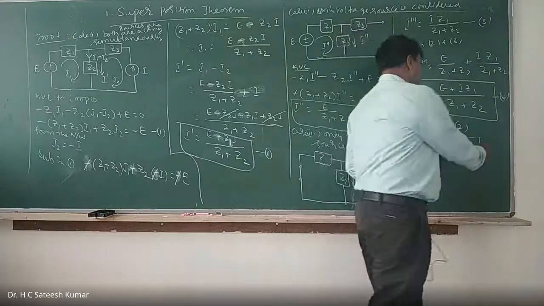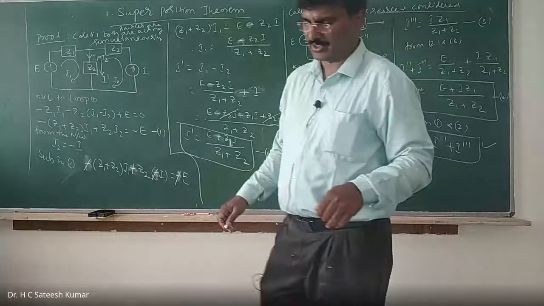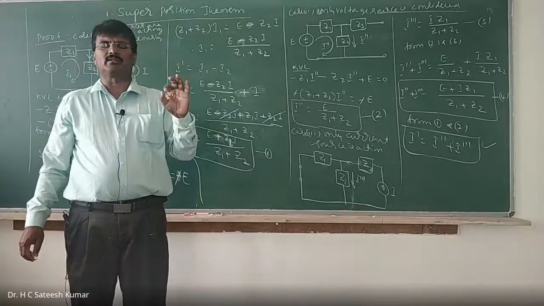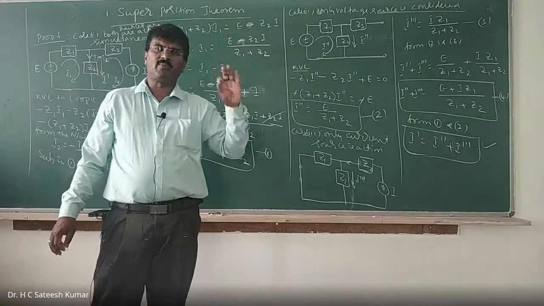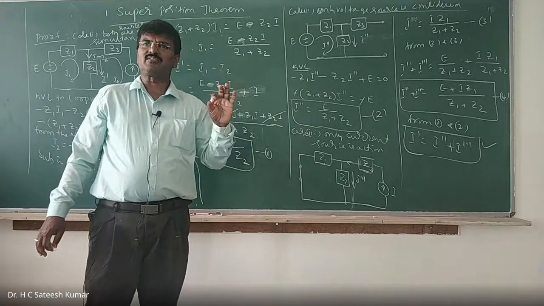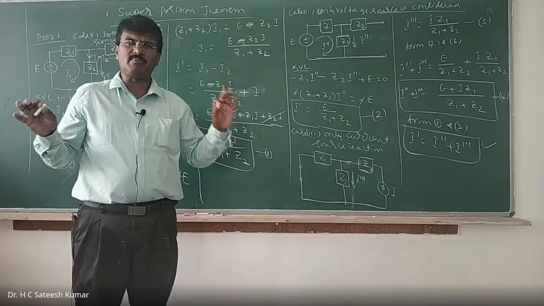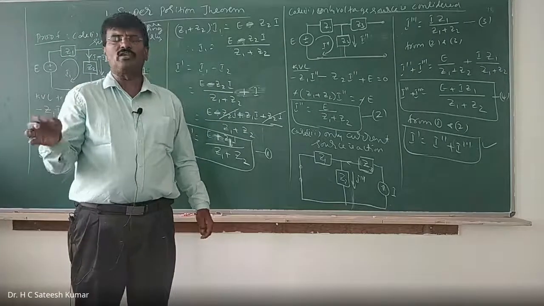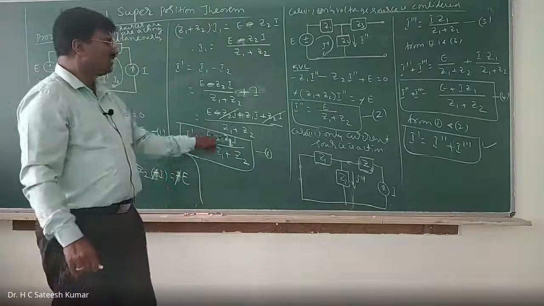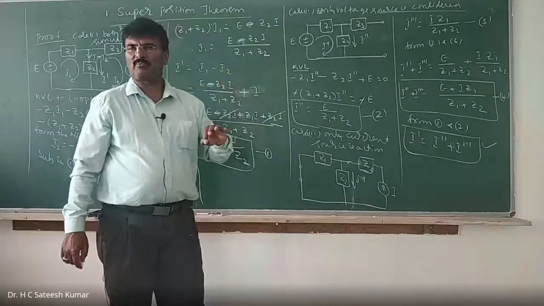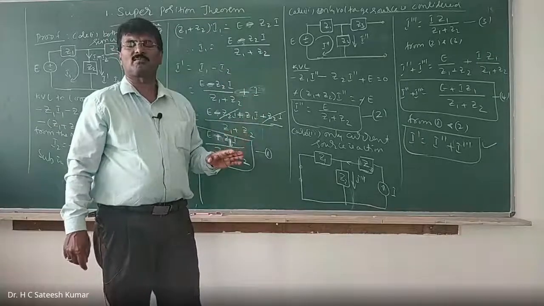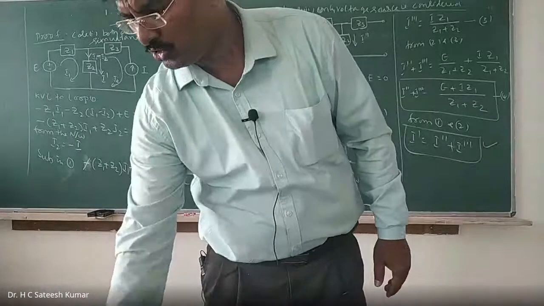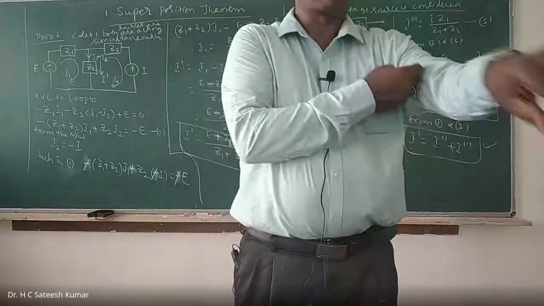So this proof they'll ask for 6 marks in the examination, right? So once again I'll repeat the statement of the superposition theorem. That is very, very important. In any linear bilateral multi-source network, the response in any branch due to number of sources acting simultaneously, both the sources acting simultaneously, is equal to the sum of the responses when they're acting individually. And voltage sources are made 0 by short circuiting, and current sources are made 0 by open circuiting, right? So this is the statement of the superposition theorem, and the proof also I did, right?